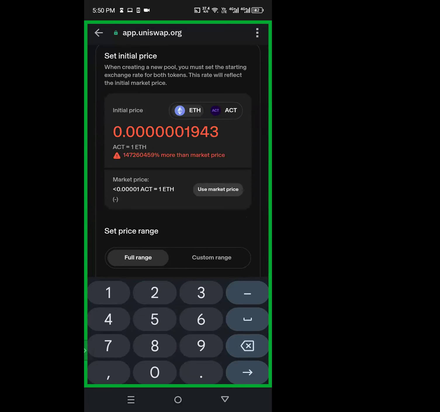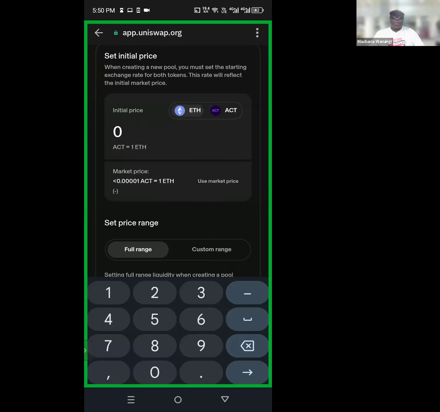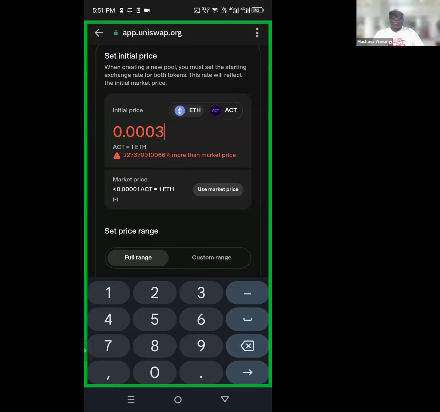So I'll change this to 0.003. Is it? So one Actuate is equal to, no, not one, that's $3,000. What it has written here, 0.003. Yeah, 0.003, points, 4 zeros, or 3 zeros? Yeah, 3 zeros. Okay, that's fine.